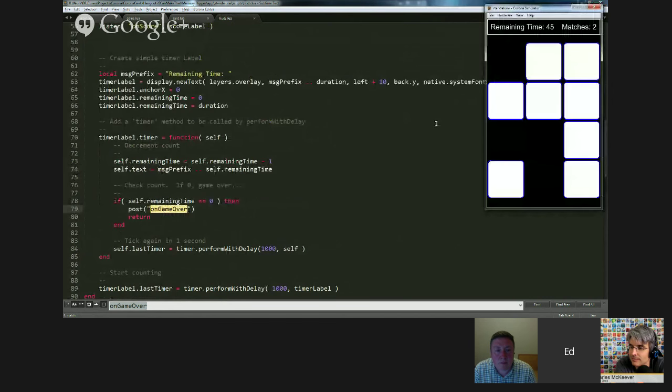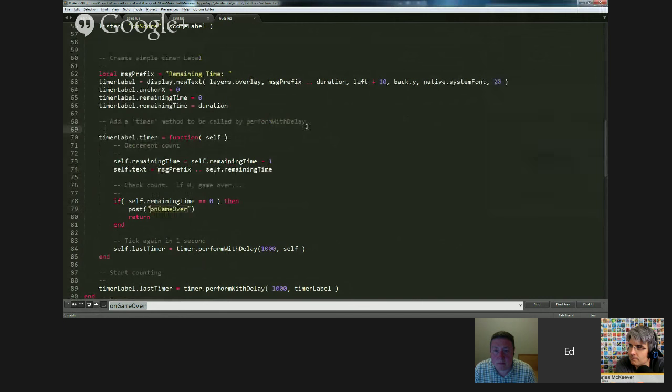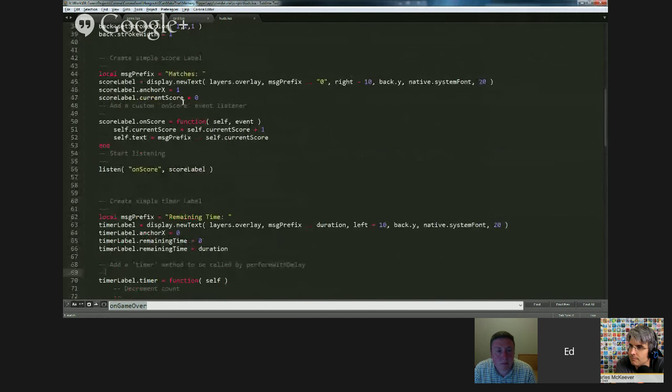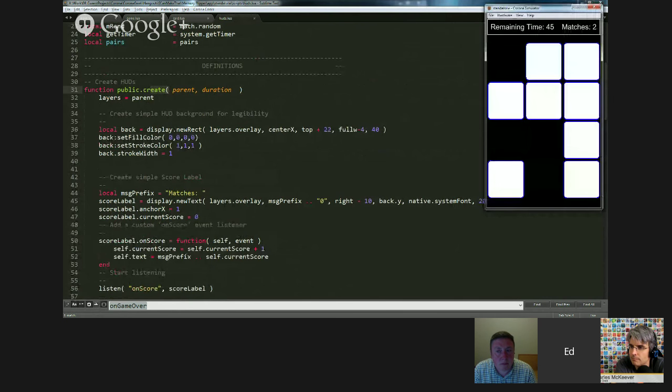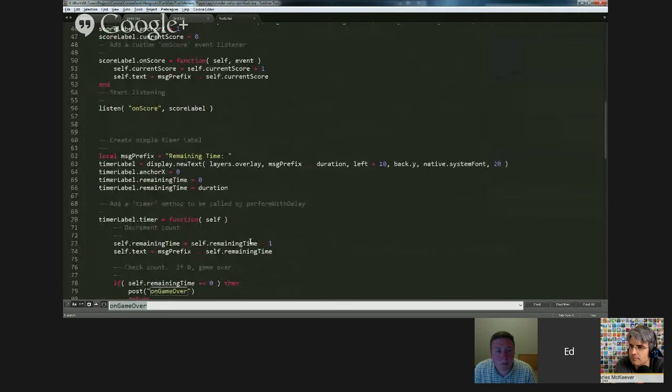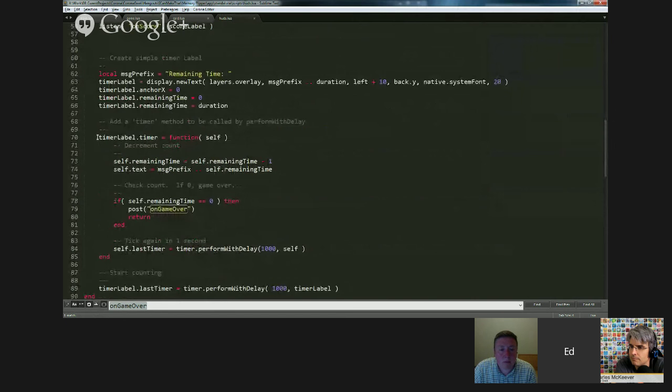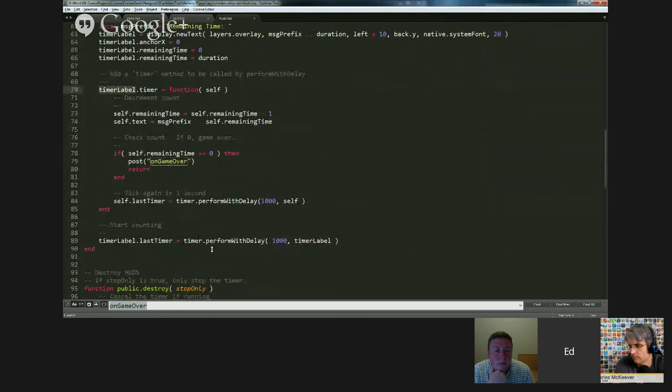Okay, so I just want to make sure we close this out, because there's the lose case. The lose case, if we remember, is when the timer gets down to 0, you lose. So the HUD's Lua file has a create function. We don't need to go into it. We talked about it in a previous show. It creates this little rectangle in the background. It creates the text, and it defines a function called timer as a reference in timer label,